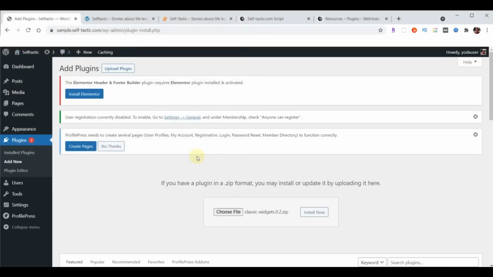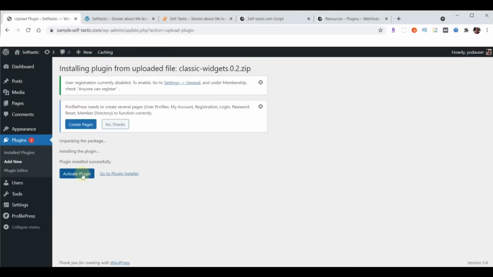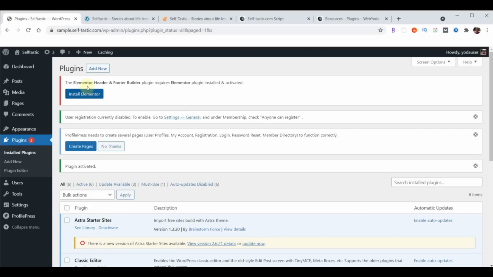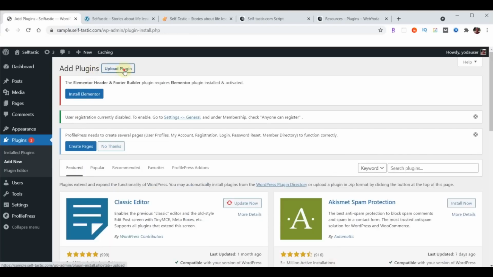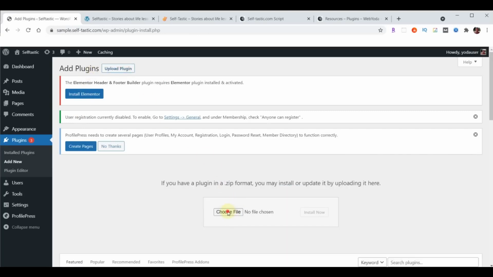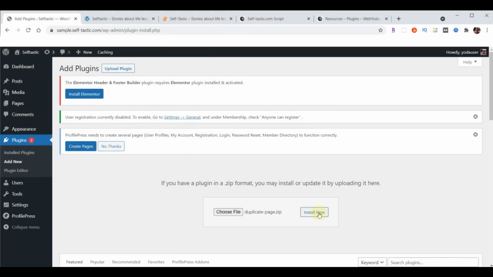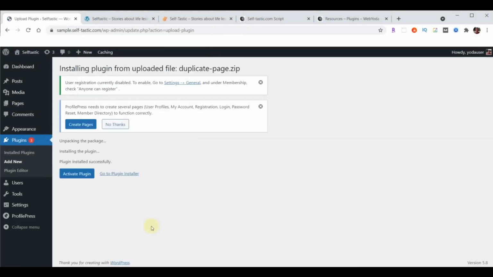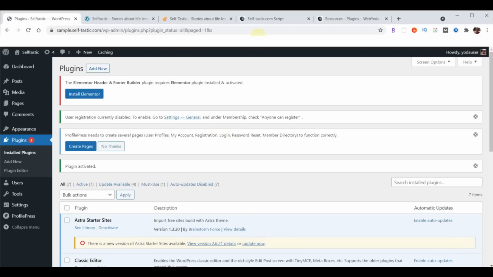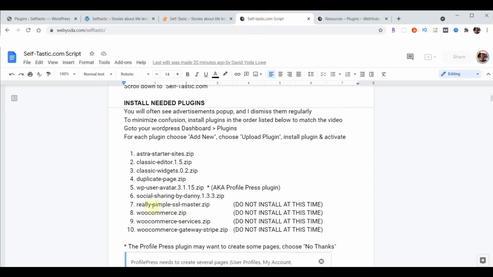Choose open, install now, activate plugin. Again, add new, upload plugin, choose file, duplicate page, open, install now, activate plugin. Now at this point, if you're following along in the script, you'll see that we're not going to